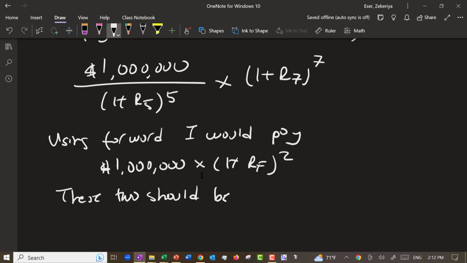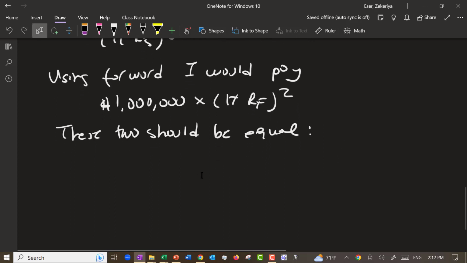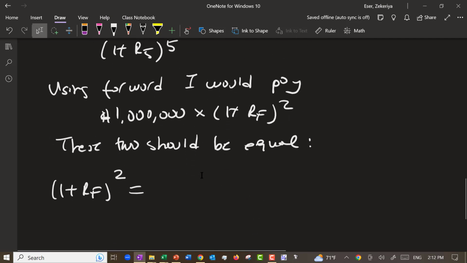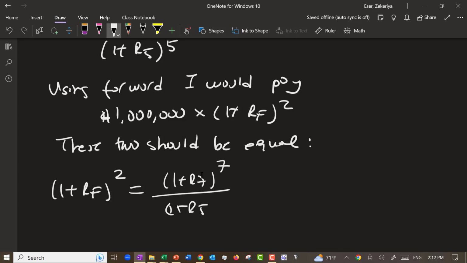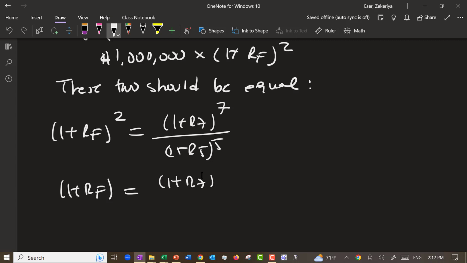Since the 1 millions cancel out, (1 plus RF) squared should equal (1 plus R7), 7. We're going to basically solve for that. If we do solve it, 1 plus RF is going to be, you raise it to the power 1/2. So RF is going to be